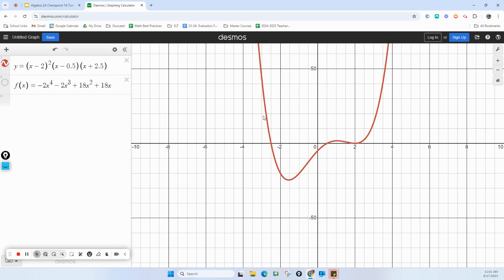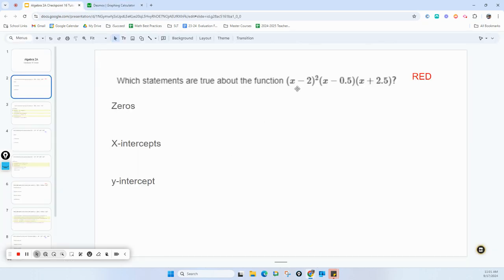We'll come back to that graph, but looking back over here at this function, first I'm noticing that the form this function is in is intercept form. It is called intercept form because it is really easy for us to identify those intercepts, and by intercepts, I mean x-intercepts. This is where it's crossing the x-axis. By definition, to cross the x-axis, a coordinate needs to have a y value of 0. So I'm going to replace the output with 0 and solve for each individual input